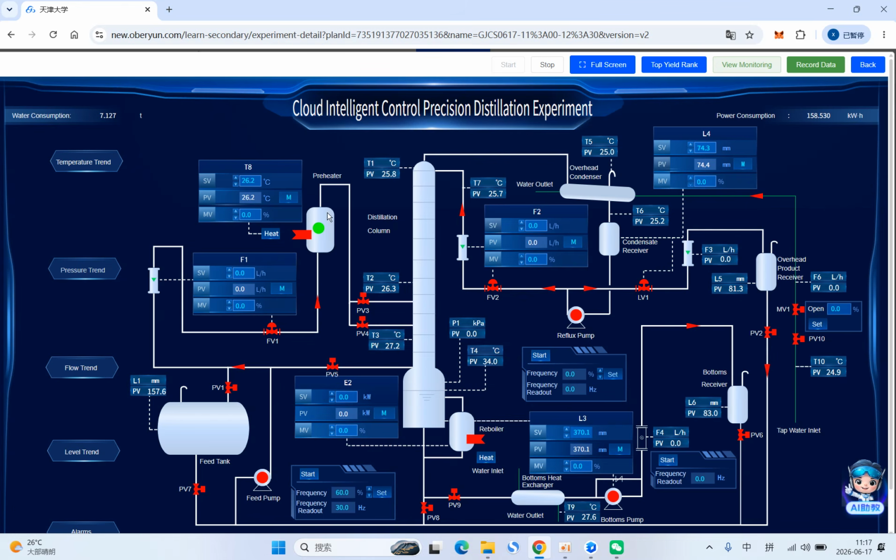So what I try to say is that we have to make the feeding a little bit slower. Otherwise, the liquid level in the kettle is hard to control. So we just use the 60% opening for the feed pump. And after that, if your liquid level is bigger than 460, you may use PV8 and also the feed